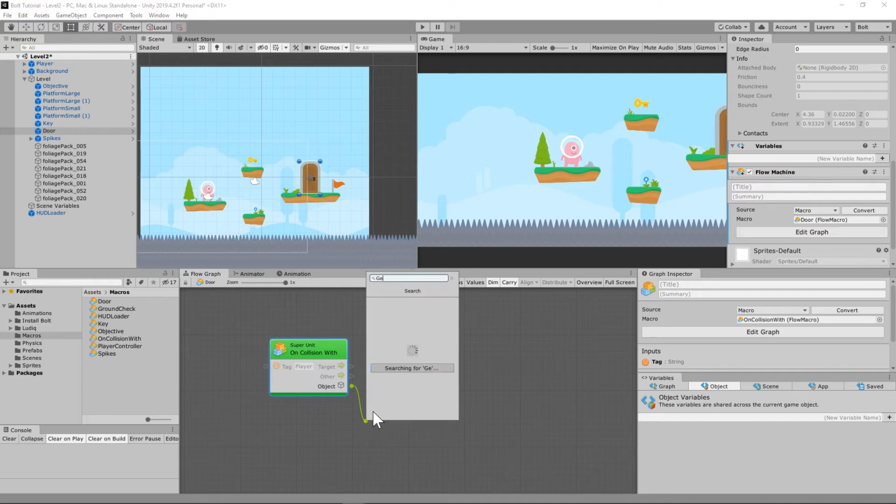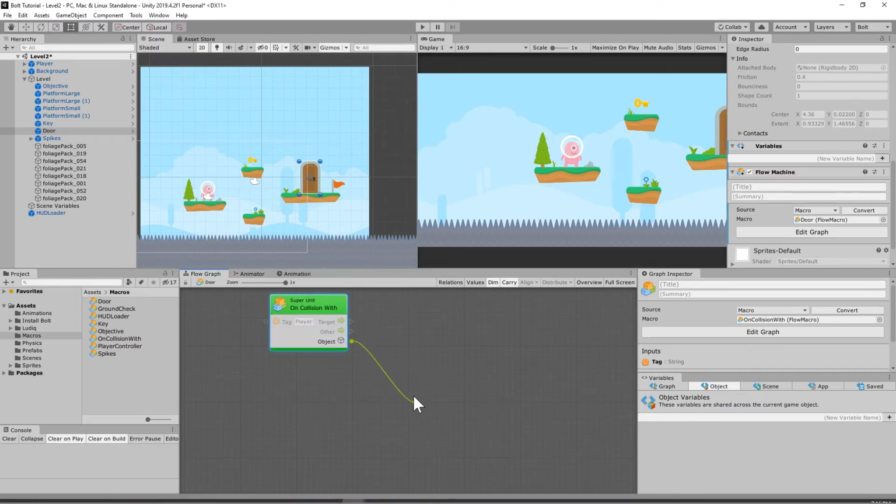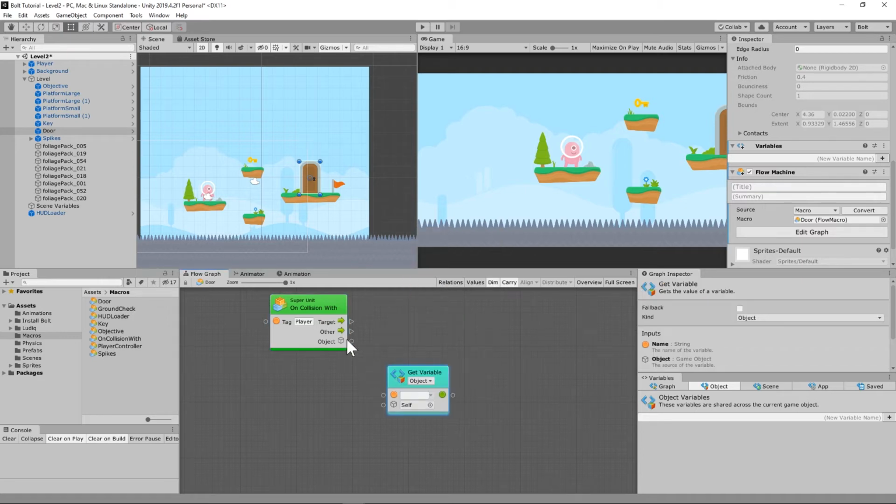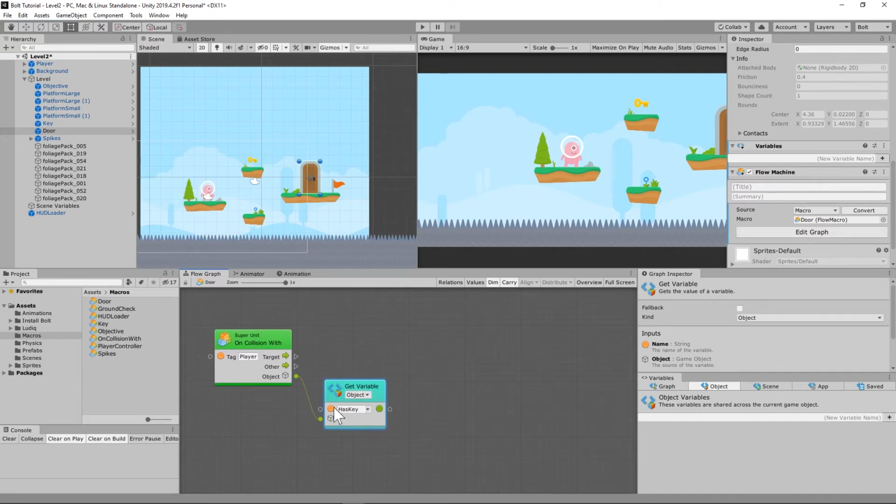So get variable. Come on. Get variable. Sometimes again you have to do this. You have to right click, get variable, get object variable. It didn't like it for some reason, I think because that's a custom unit. It wants to go to the things that are normal. But anyway, since we set that up, you might have to select off of that. We're going to select has key. So go find the object player and see if the has key is true. If it does,